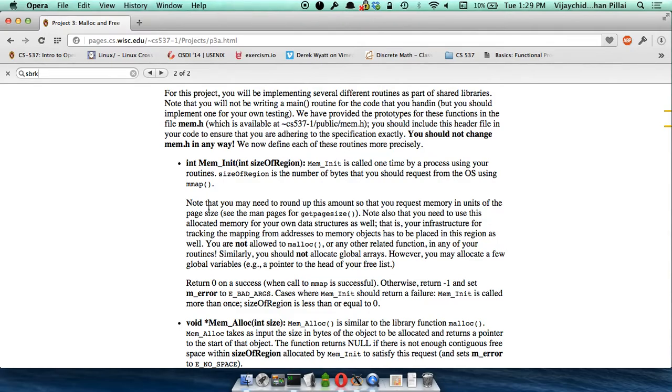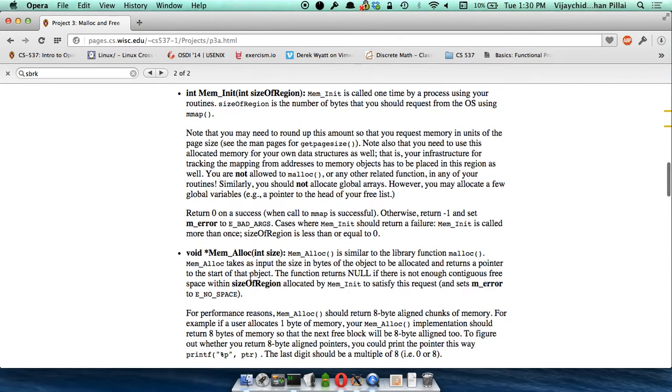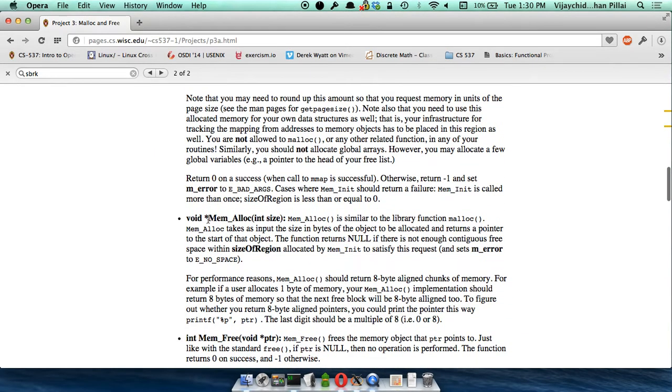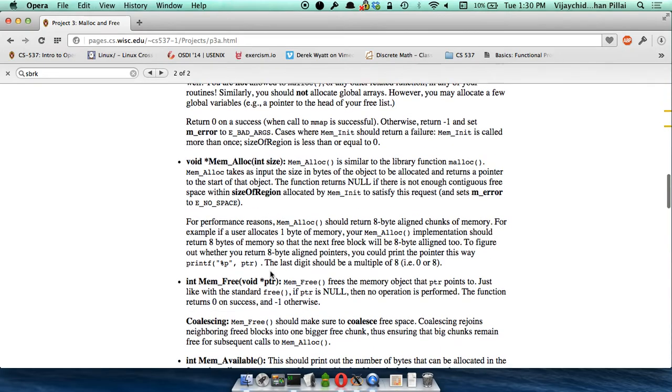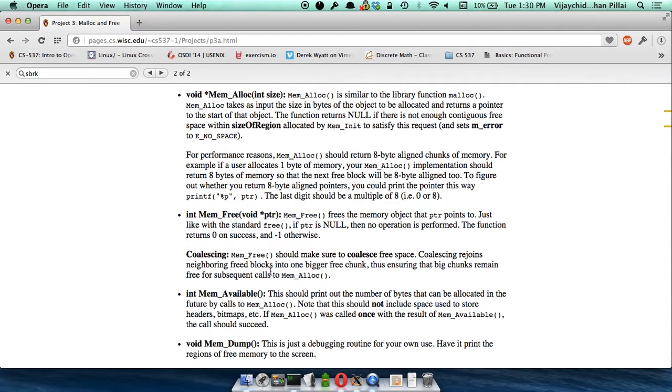Okay. So once you have this huge chunk of memory, you might want to give some of it to your process. Your process will call memalloc with some size, and then of the chunk of memory that you have already obtained from the operating system, you take some and give it to this process. You say, here's the pointer to the memory that you wanted. This will take a size. This size can be anything, but whatever it is, you must return something that's aligned to 8 bytes.